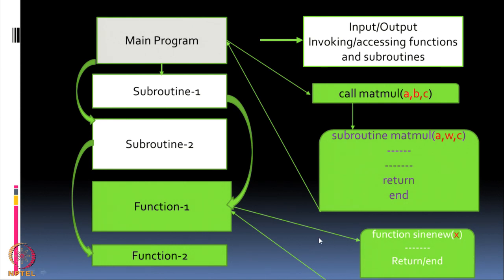Now, I have given here several subroutines and functions. As I said, there could be any number of subroutines and any number of functions, and any subroutine can be accessed by any subroutine, and any function can be accessed from any function, but from a function or subroutine you cannot access the main program. The main program is the controlling part. From different subroutines you can go to different subroutines, that is allowed. If you call subroutine 2 from subroutine 1, it will complete the job of subroutine 2 and the control will go back to subroutine 1. This is how the structure of the program is.